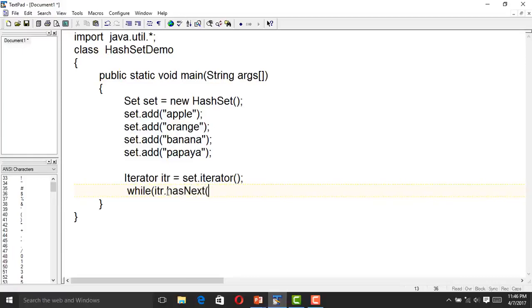It will return true if the iterator has more elements. So we know the iterator has more elements.